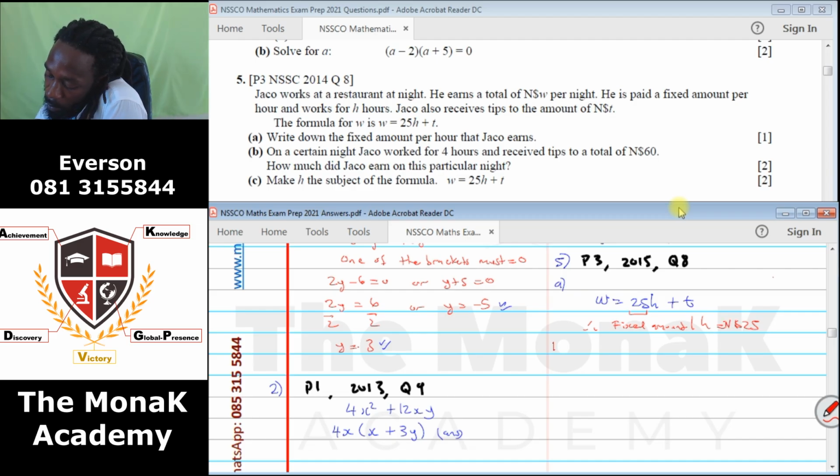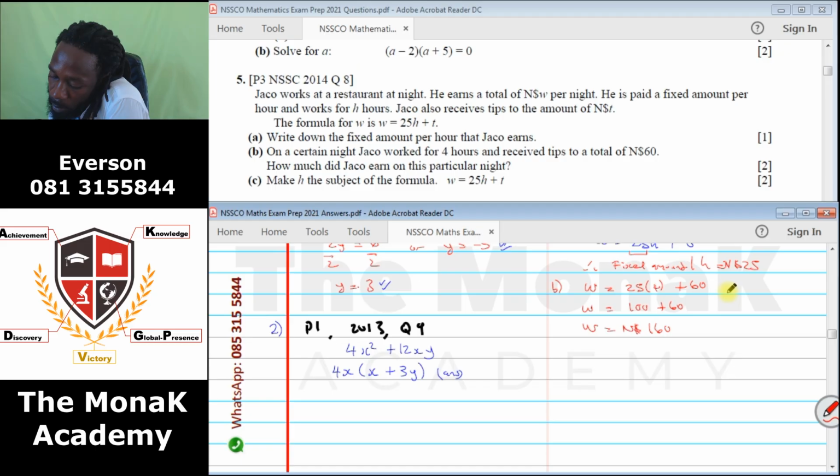And then B, on a certain night, Yako worked 4 hours and received tips totaling $60. How much did he earn? So he earned W equals 25 times 4 hours plus 60 tips. 100 plus 60. He earned himself a clean 160. Okay. Now